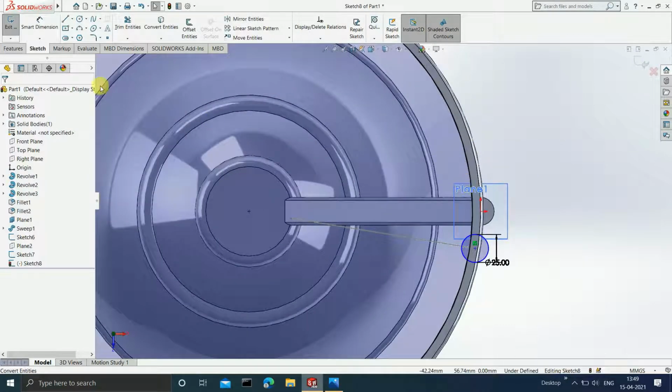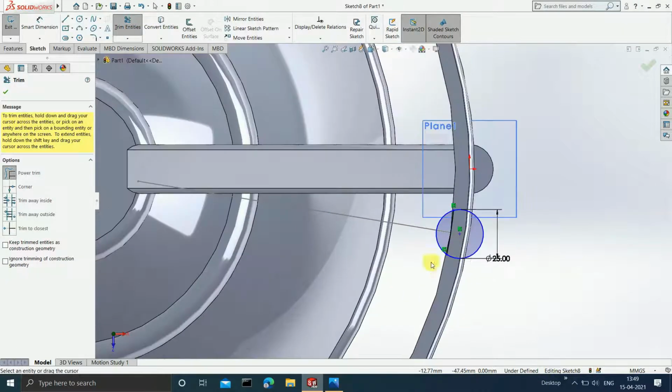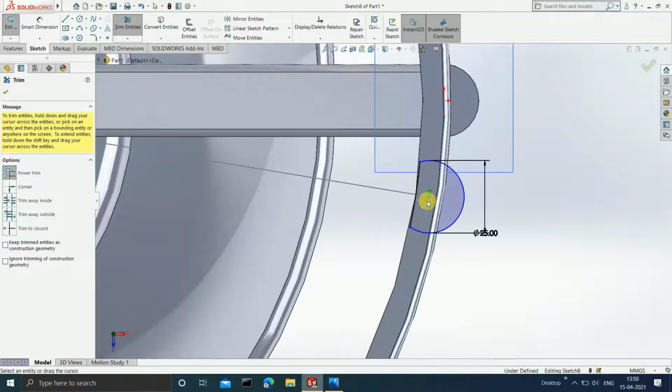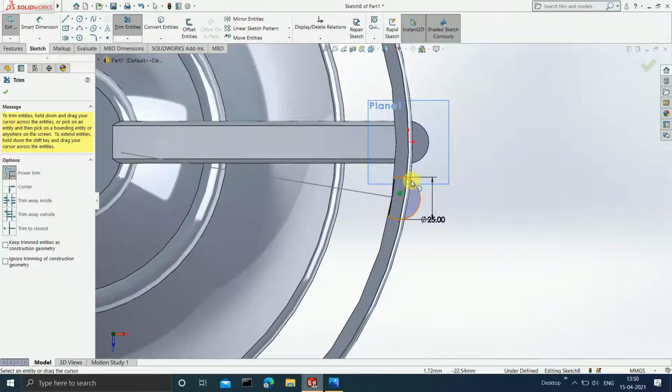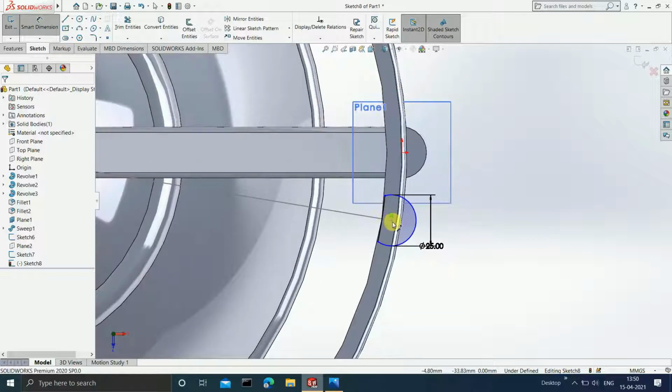Now you might be knowing that we are going to use trim entities. Just trim this part, and then we are left with this particular thing. Now this is undefined, so for that you have to give the dimensions. Select smart dimension and give the dimensions from this particular point.